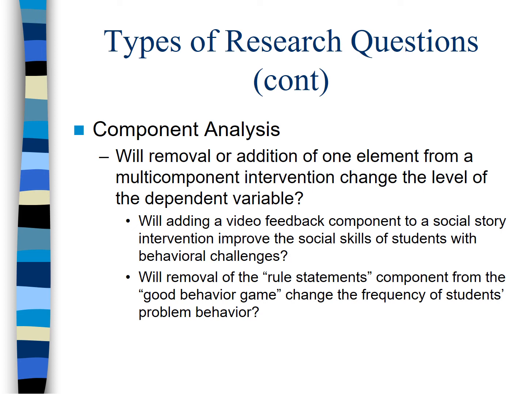Will the removal of rule statements from the good behavior game change the frequency of students' problem behavior? So the rule statements, part of the good behavior game, is that really necessary? Or you could look at what schedule of reinforcement with a good behavior game works. So for example, if you had schedules of reinforcement with different values, that would be a parametric study. But in this case, if we just take the rule statement out and then put the rule statement in, we're